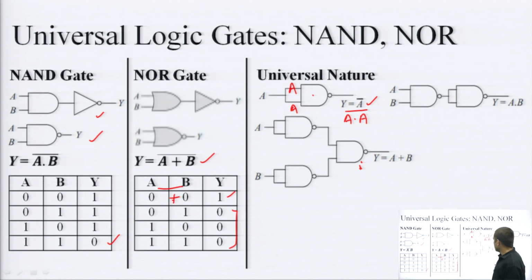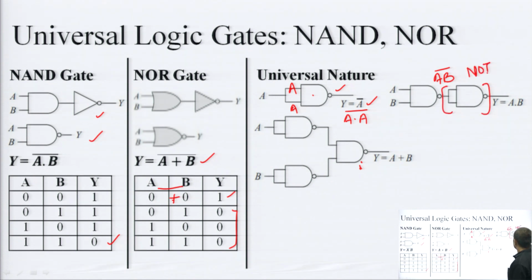Okay. Similarly, I can check this structure as well. So, this will be giving me A B complement, and this is a similar structure. This is actually a NOT gate, NOT in the form of NAND. So, I have applied a NOT gate at the output of a NAND gate.